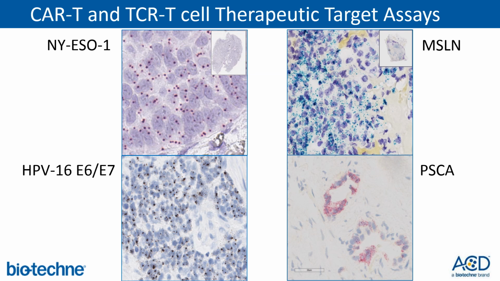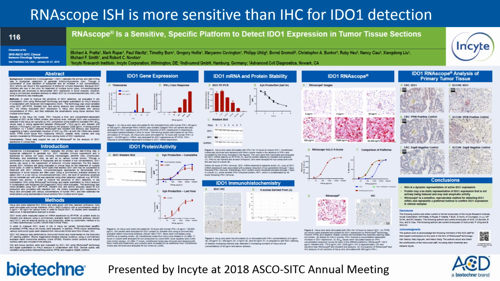NY-ESO, mesothelin, HPV16 E6/E7 transcripts, and PSCA are all targets for which IHC is not very effective in terms of specificity or sensitivity. All of these targets are detected very effectively with the RNAscope assay. And just to show where RNAscope has been proven to be effective, in fact, more effective than any other methodology, I'll show you a couple of examples where it's been used as a biomarker assay,